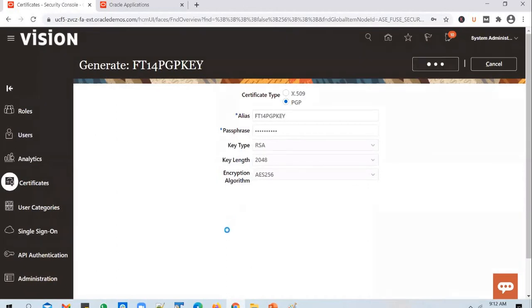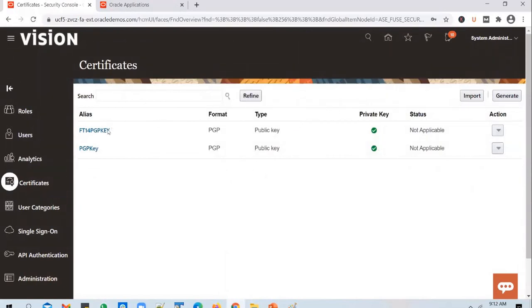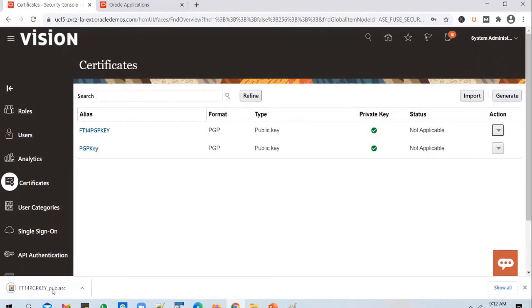So once you select the parameters and click on save and close, what will happen? A key gets generated. And this key has two parts to it. So when you export it, you can click on public key. And when you click on public key, it gets downloaded automatically. And you can download the private key as well. And what do you use public key for? So when you generate a key, there will be 2 keys that get generated, a public key as well as a private key. So we have exported public key now.